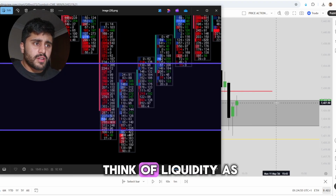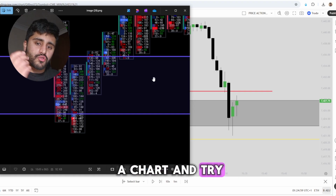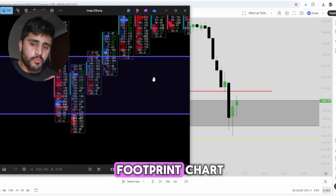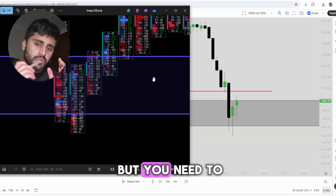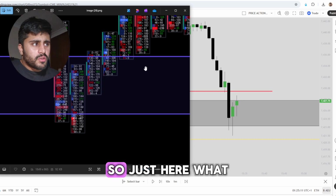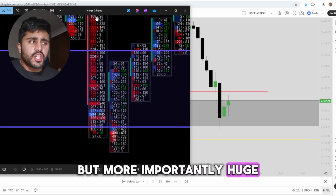I want you to think of liquidity as, you can't go to a chart and try and read liquidity without actually reading it, right? So you need to have some kind of footprint chart. It can be depth of market, order flow, footprint charts. It can be anything, but you need to have an order flow tool with you if you want to make it in this game. So just here, what we can see, huge red candle, but more importantly, huge amount of